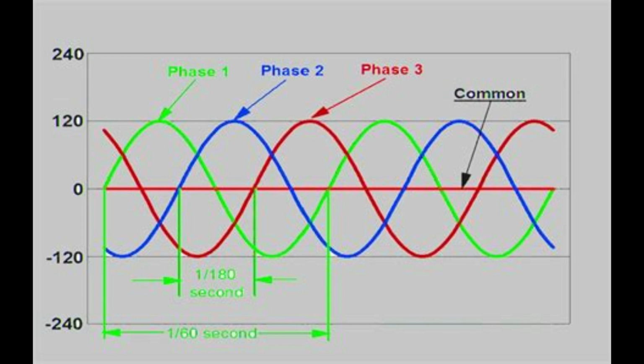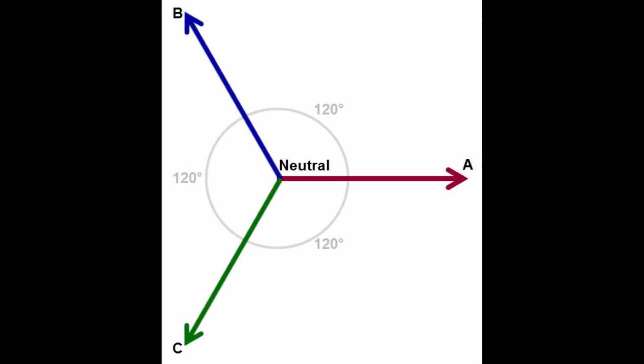There will be a voltage difference between each and every phase, and all will be equal. Between R and Y the voltage will be equal. Between Y and B the same voltage, and between B and R once again the voltage will be the same. So this is three phase voltage. In vector notation there will be a 120 degree phase shift between each phase. So if you see the waveform, you can understand how the three phase voltage varies with respect to time and with respect to each other phase also. So you can pictorially see and understand what is three phase, and then you can understand what is single phase. So this is all about